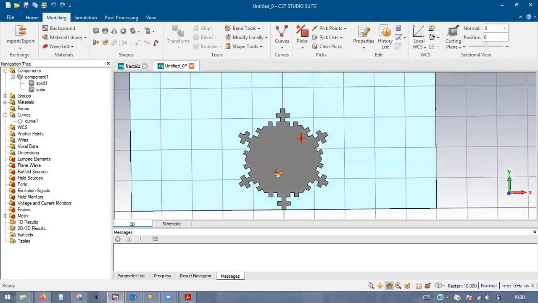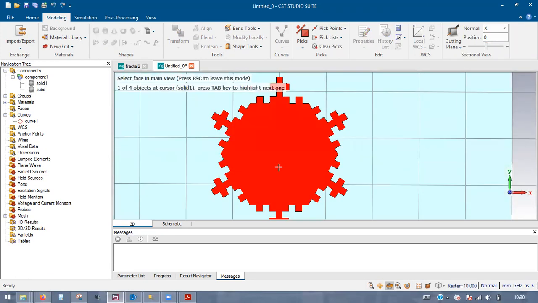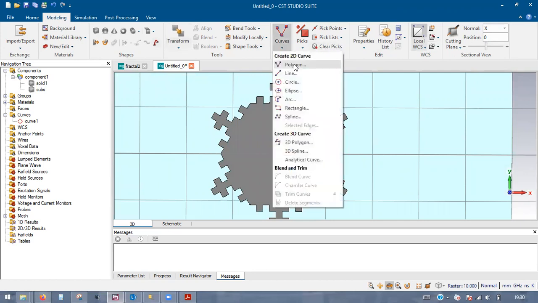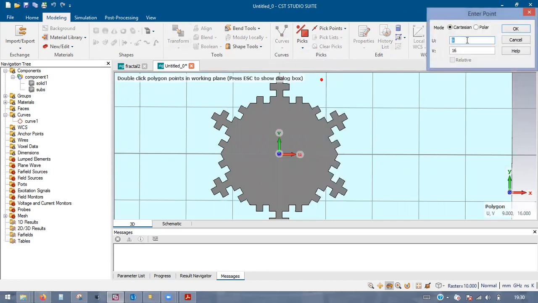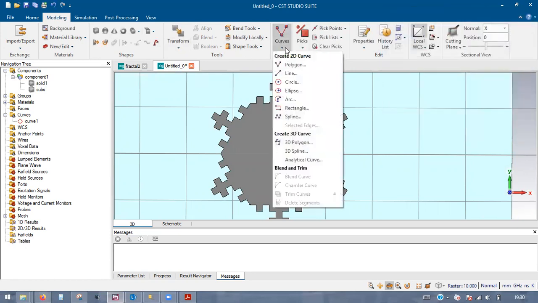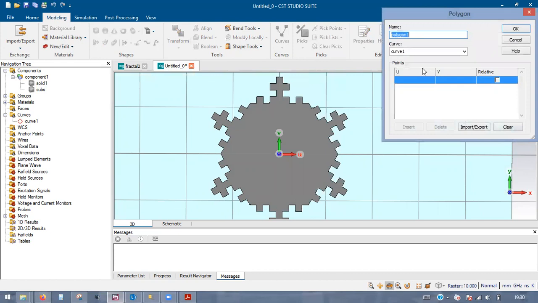So yeah, for slots, first we need to bring UV coordinates. Again, with the help of polygon, we can create the slot again. So with the help of polygon, we can create it here. Now you have to start from 0, 0. Again, same way we go. Okay, minus x by 2. Y-axis we are not changing.